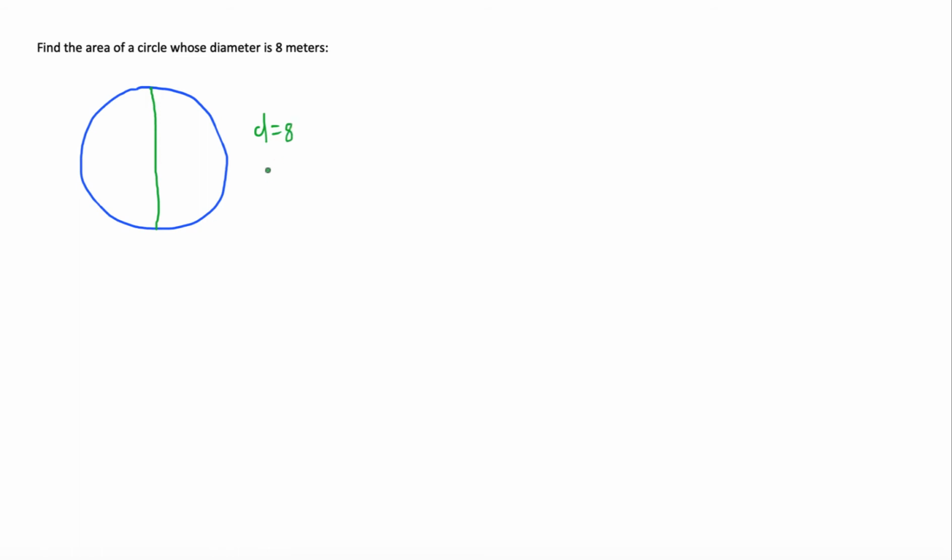Now remember, the radius is just going to be half of that, right? So the radius goes from the middle to the edge of this circle here. Now we want to find the area, right? So the formula for the area is going to be pi times the radius squared. So in this case, what is it going to be? It's going to be 3.14 times 4 squared, which is 16. So 3.14 times 16, right? That's going to give us